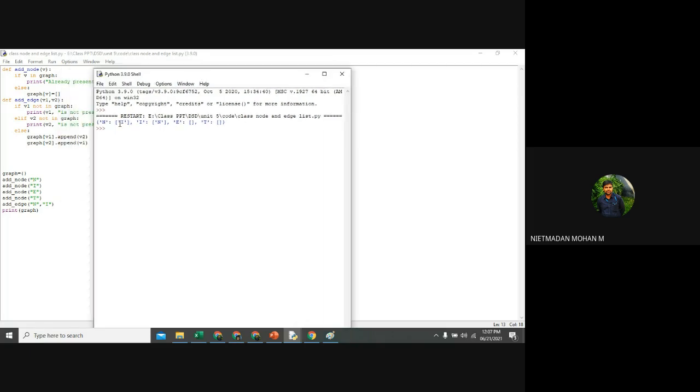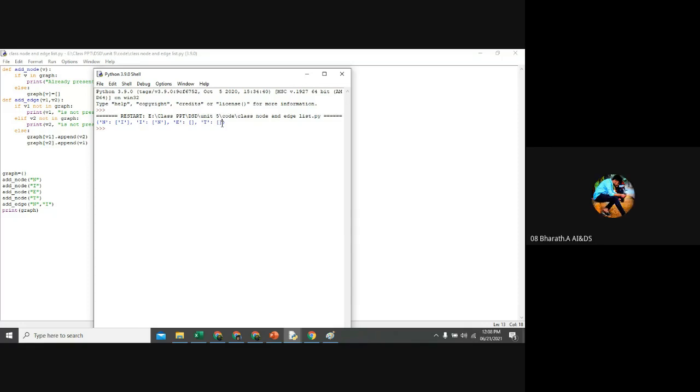So now you can see here, right? N is my key, and in that N we have a node called I, that is a neighbor node. Here I is my key, and I have a neighbor node called N. Here E is my key, I have not connected any edge in this, right? And T is my key, I have not connected any edges to T. Are you getting this?